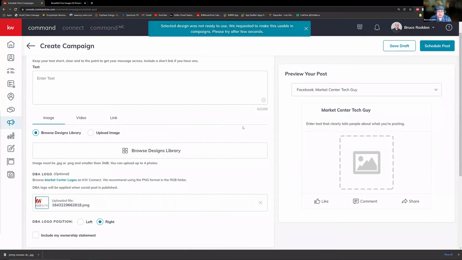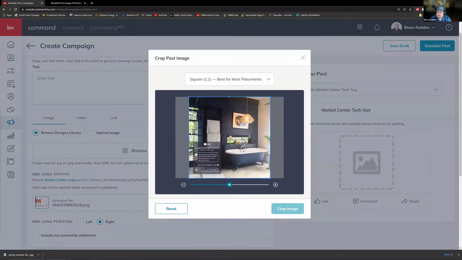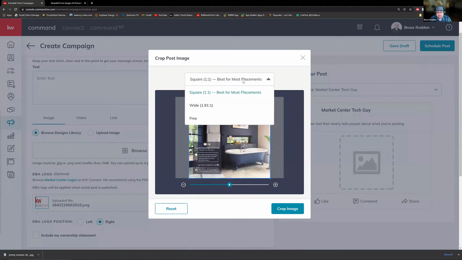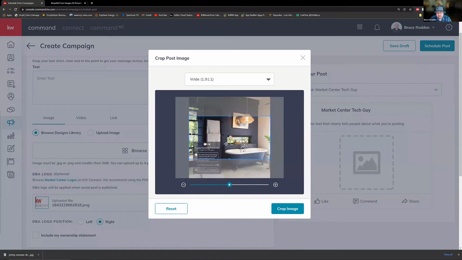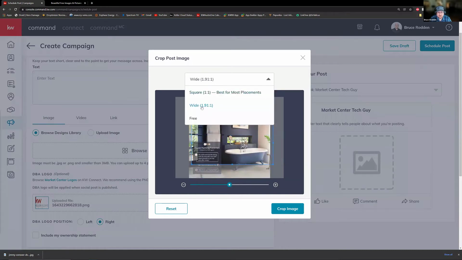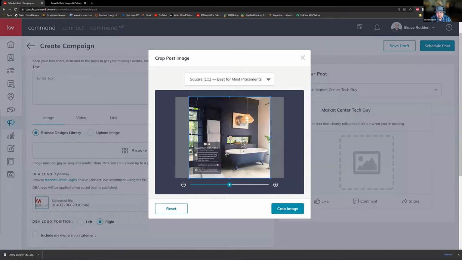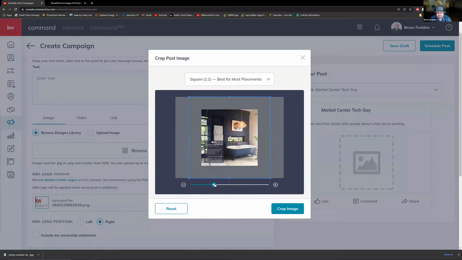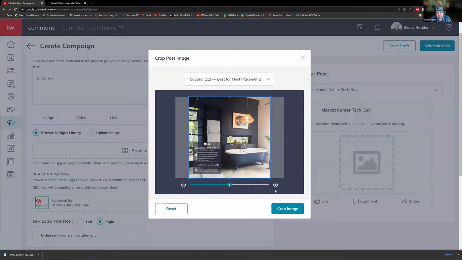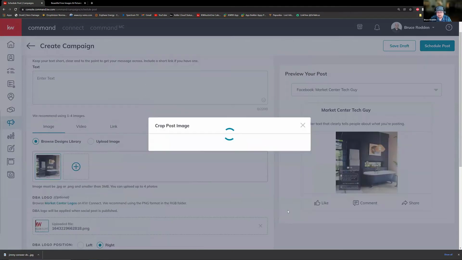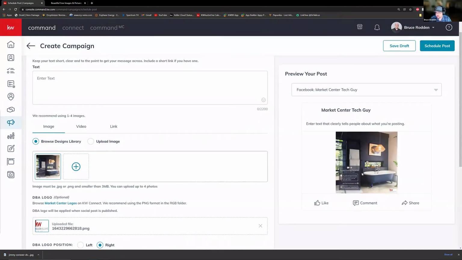Give it a second, chew on that. It says not ready. Okay, let's try a different one. Try that one. There it is. So this one was a square, so it's built as a square, or you can choose wide, so it'll crop it into like a wide format if you'd rather it be that way. It was supposed to be a square though. You can zoom in, make all those adjustments. That all looks good. Hit crop, and then now this image is part of this post, and you can write a little text